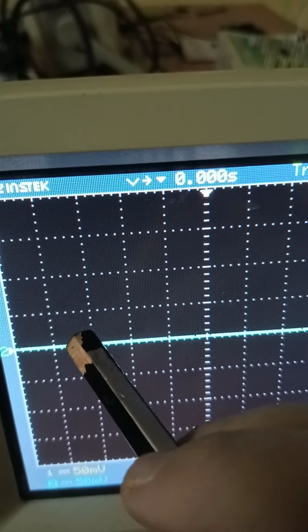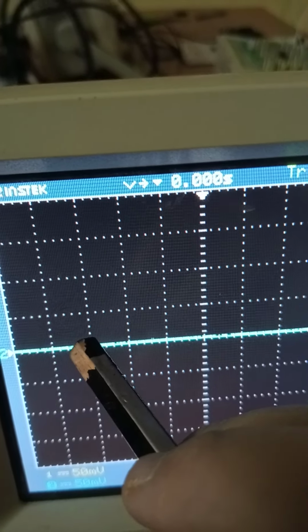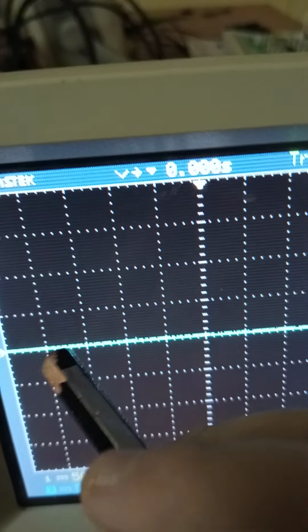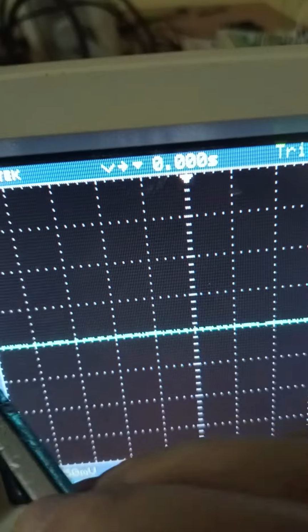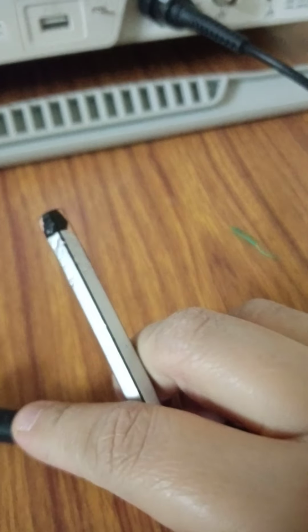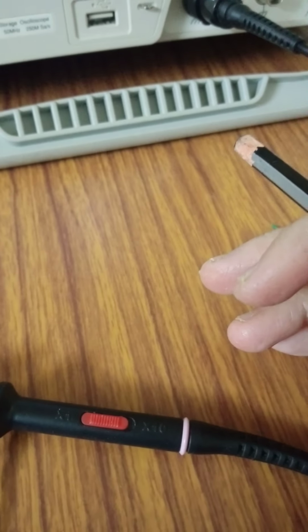So it will be like 2, 4, 6, 8 if you are taking it in the x10 button. But we want this, x1. It will be like this.